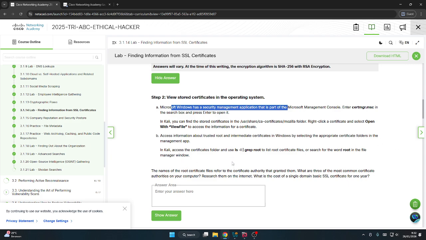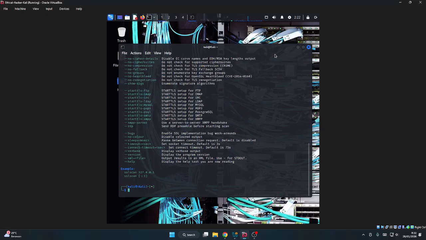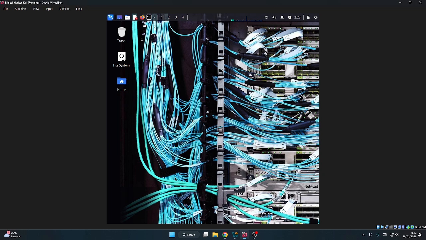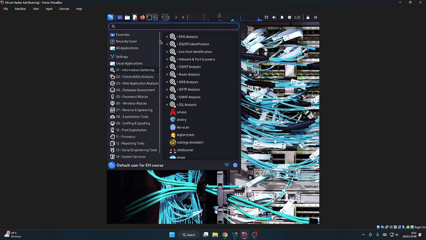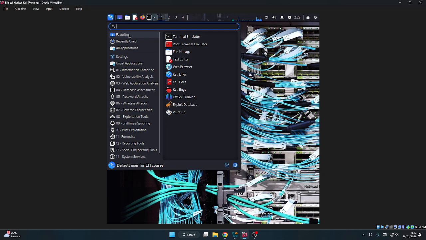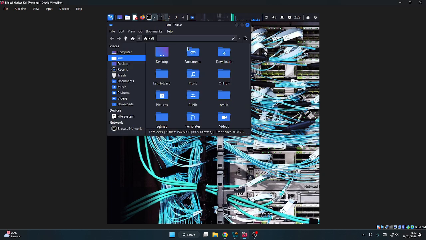In Kali to access the certificate folder, you use ls -l | grep root to list root certificate files, or search the folder for the word root in the file manager window. So we can use Kali for searching, and we can see here where the folder is, file manager.